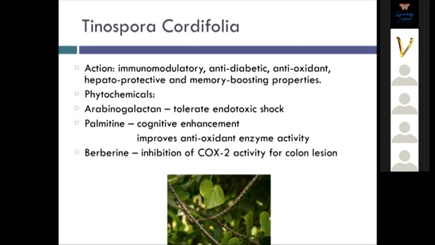Now we talk about berberine. Berberine helps in the inhibition of COX-2. COX-2 is nothing but cyclooxygenase activity for colon lesion. COX-2, what is the function of COX-2? COX-2 is the cyclooxygenase which occurs due to the prostaglandin-induced inflammation. So, to suppress the inflammation, we need to inhibit the COX-2 activity, and which can be done by berberine of the